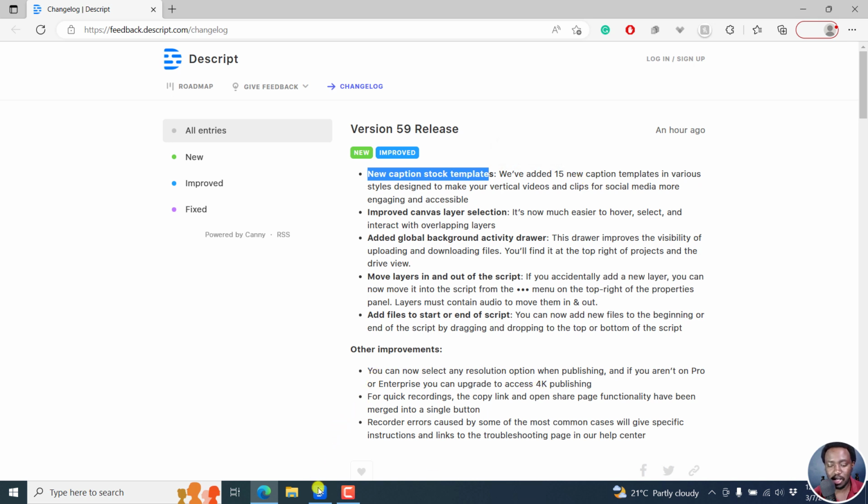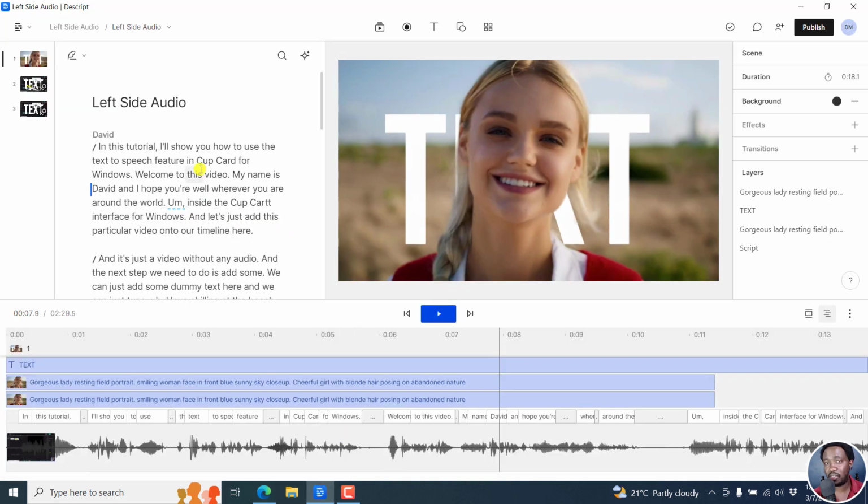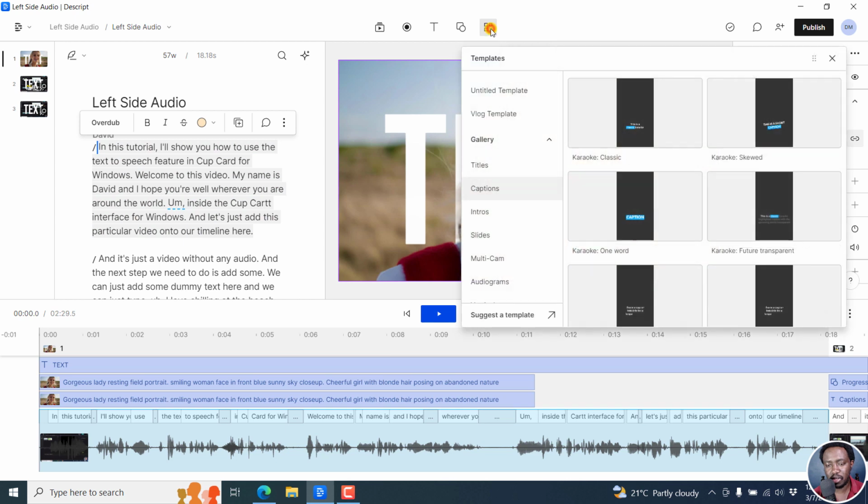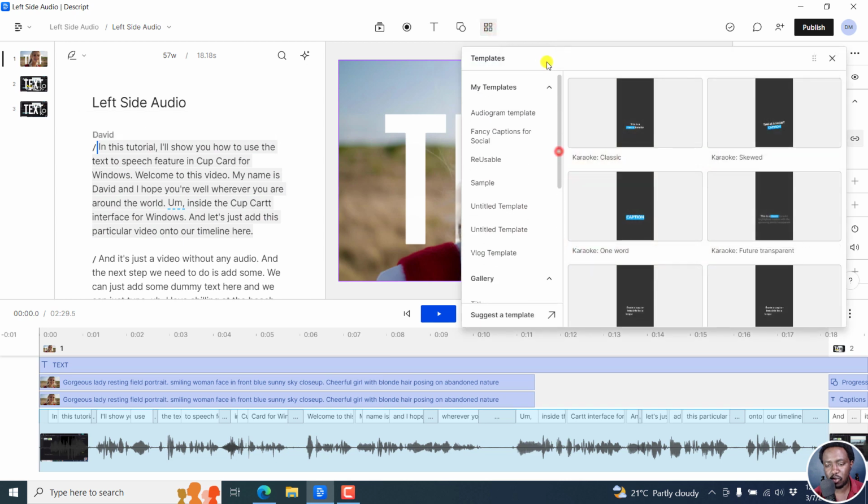So that's highly welcome, in a way that you can just grab a template, put it in, change anything that you want, and move along. Let's say we want to add a social caption template to this particular scene, the first scene here. I'm just going to come to templates, and if you're somewhere up here, let's assume you're in your templates, you'll need to go to the gallery section here, and then you'll see captions, and then we've got the 15